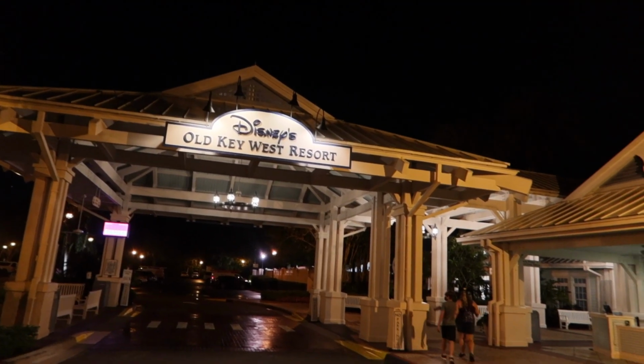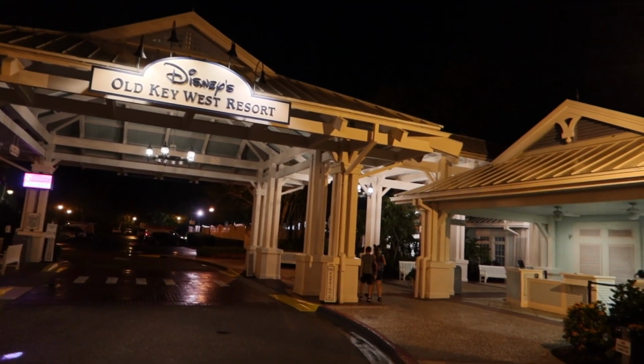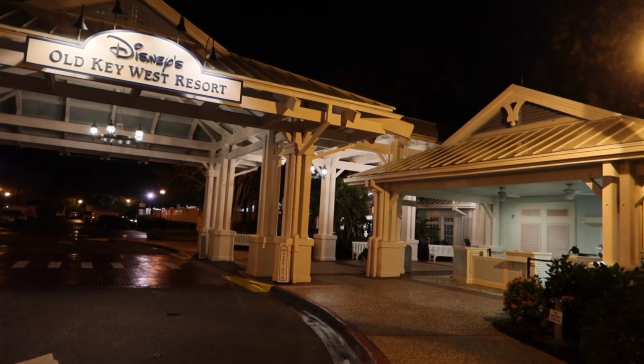We're going to go into the original DVC resort. What we found is that it's actually a resort that's really surprised us. So let's start with our first pro, which is...